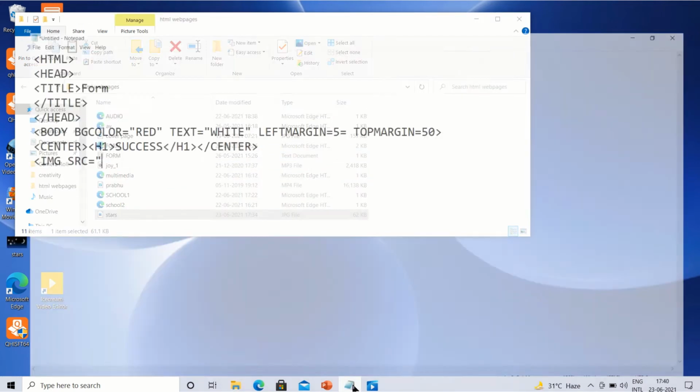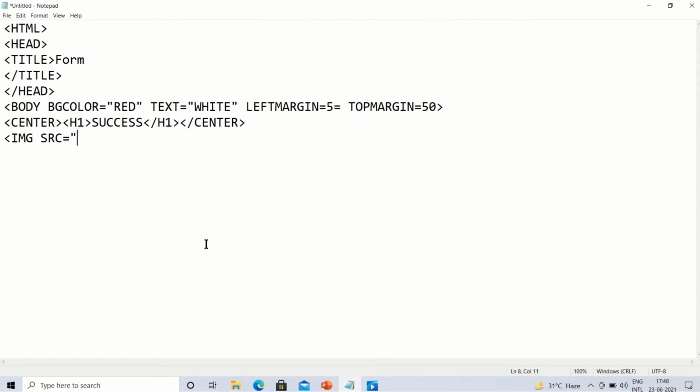Now we'll go to our website's page creation, and we'll give here the file name as stars.jpg, because it is a file which has the image, so we are giving the extension jpg.